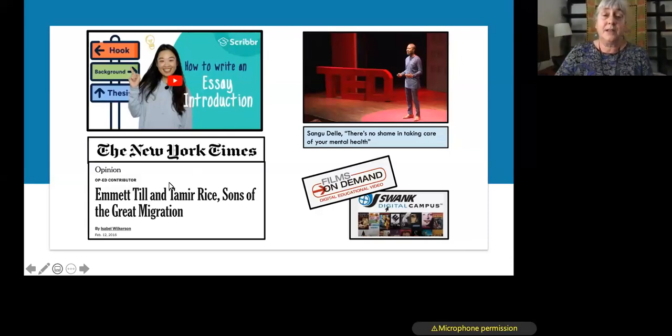And this is interesting. This New York Times op-ed piece was published in our textbook that students had to pay for, but now our library has a subscription to the New York Times, as well as many other newspapers, and so the students can read this for free. So there are so many materials that students can access just by being a Hudson Valley Community College student through the library, and the instructor just provides the link and it's right there for them.